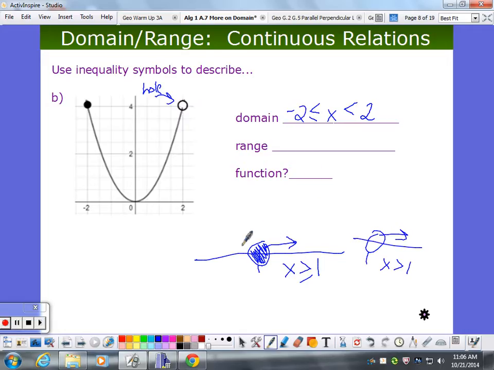Okay? Now let's think about range. Range are your y values. That's looking up and down. So what are the values that your y's can be? Yes, sir. Ryan. 0 is less than or equal to y, and is less than or equal to